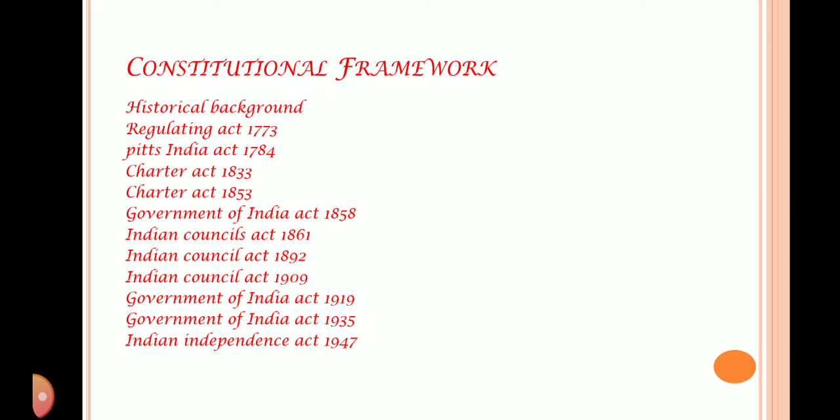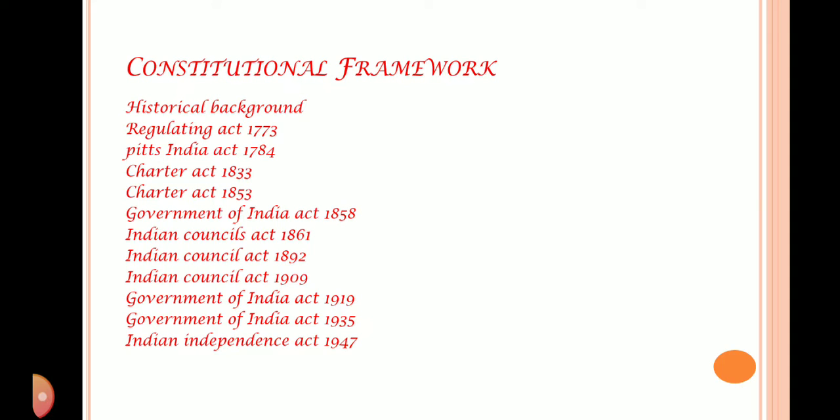Government of India Act 1935. It provided for the establishment of All India Federation consisting of provinces and princely states as units, but the federation never came into being as the princely states did not join it. The act divided the powers between the centre and the units of